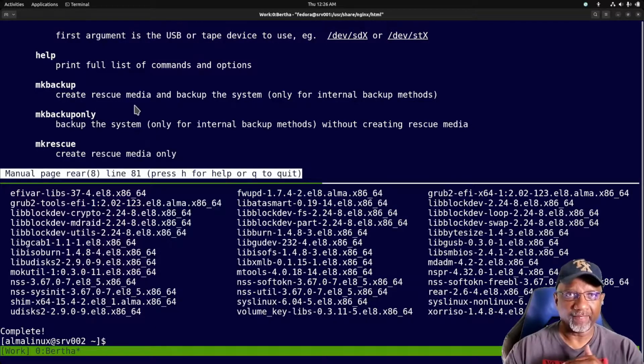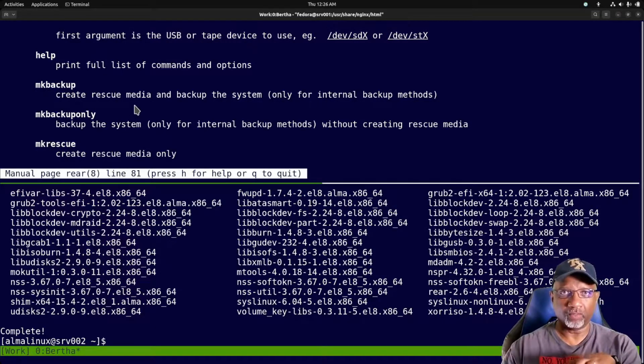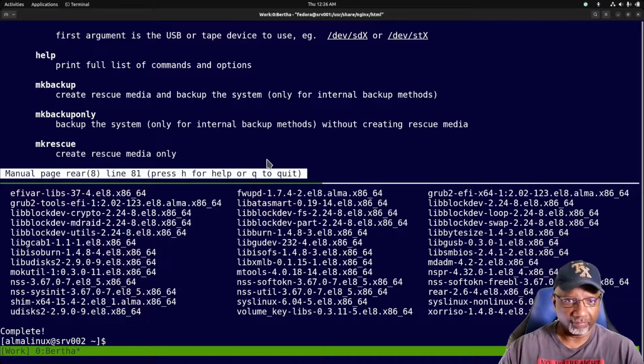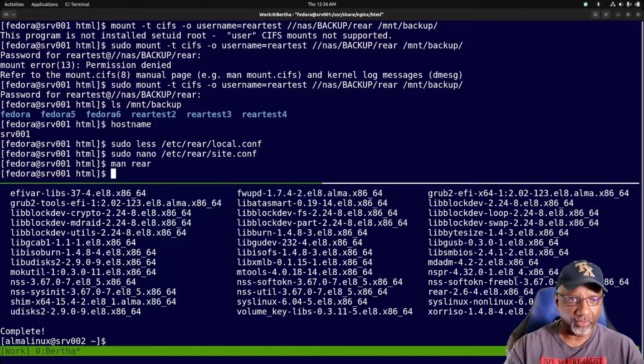That's going to create the ISO that will be able to recreate your hard disk partitions and volumes. And then it'll also do a backup of the files that are on the hard drive. So if we do a sudo rear mkbackup,